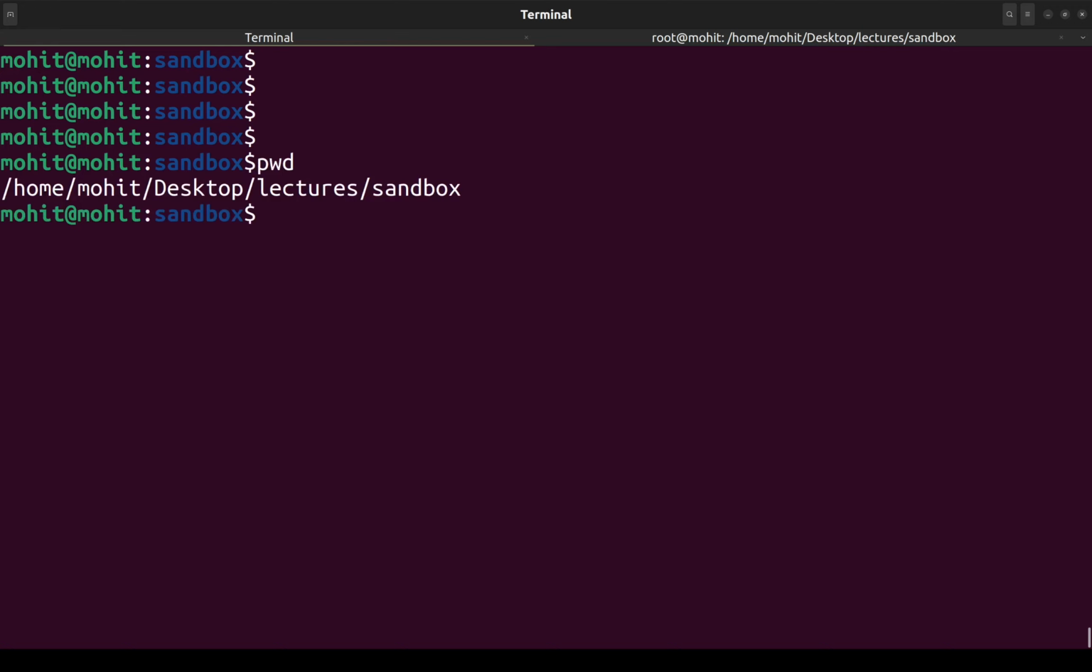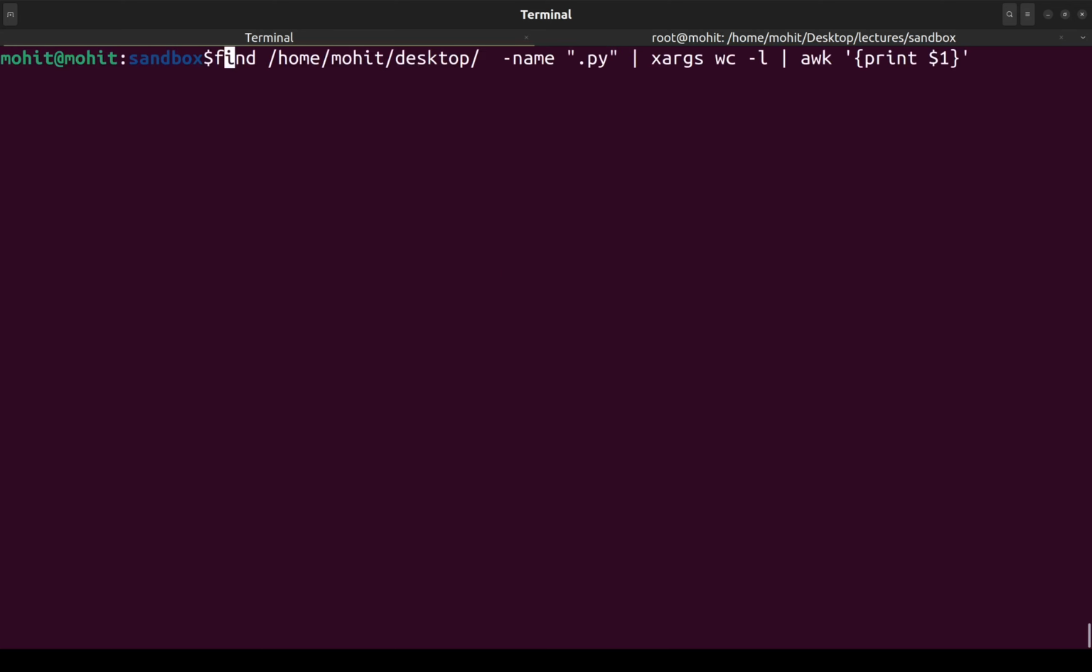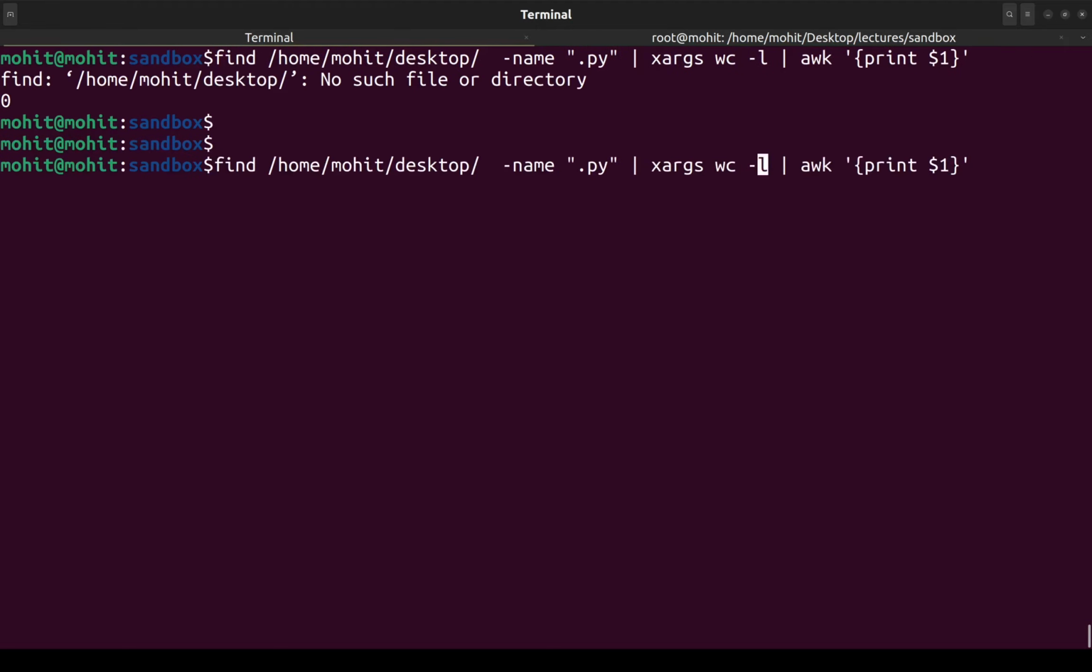So let us say that we have this long command, find, piped to xargs, and then we have this awk command. So it's a huge command, right? And let's say that we want to change something over here in the xargs. So we can